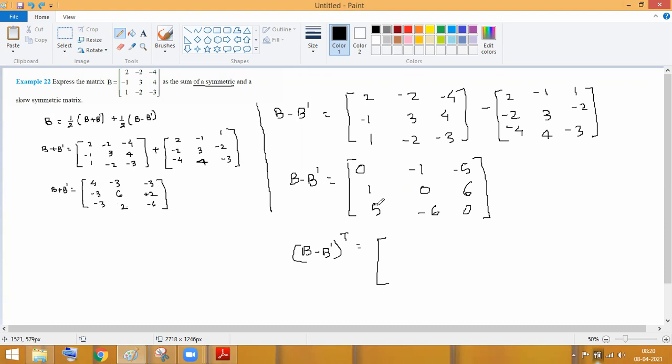And if you want to prove it now, तो आपको proof मिल जाएगा. कैसे proof मिलेगा? इसका transpose करके देख लो. 0, minus 1, minus 5, second column, 1, 0, 6, third column, तो 5, minus 6, 0. अब देखो, अब ये मैट्रिक्स और इस मैट्रिक्स में सिर्फ एक ही फर्क है, माइनस. If I take the minus outside, ये प्लस हो जाएगा, ये माइनस हो जाएगा. And look at this, this is the same. It means that आपने यहाँ पे skew symmetric prove कर दिया.